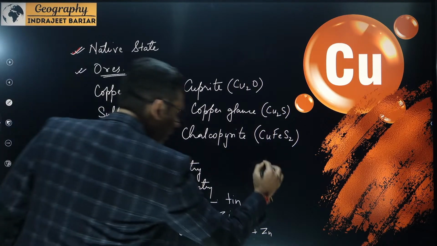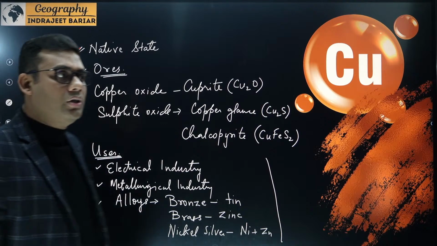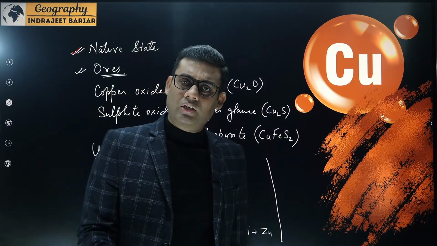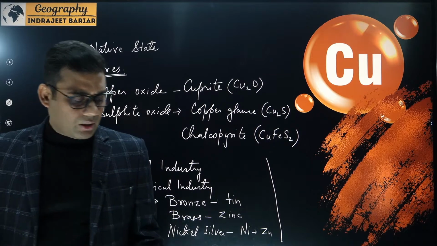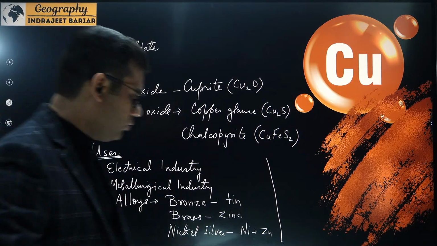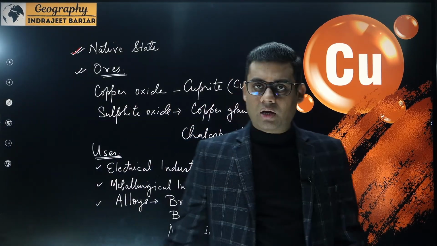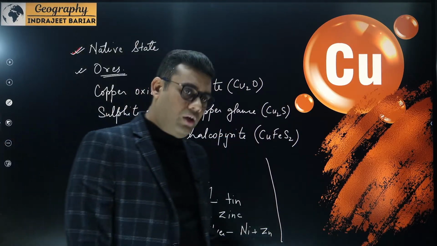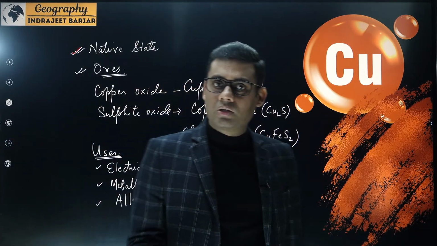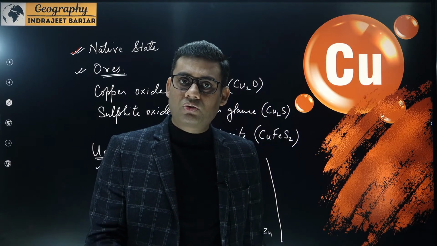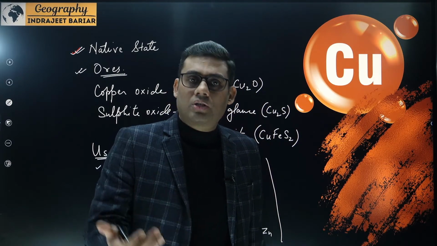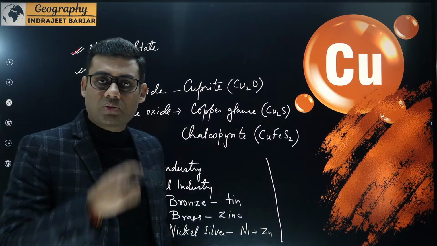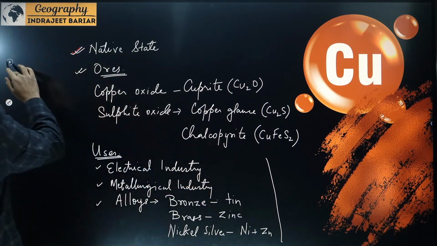Plus, along with that, due to the same property, the good electrical conductivity and good thermal conductivity, it is used in different industries. For example, the defense industry and space programs use it. In power cables, copper wires are used to reduce the transmission losses. So these are the different uses with respect to copper.